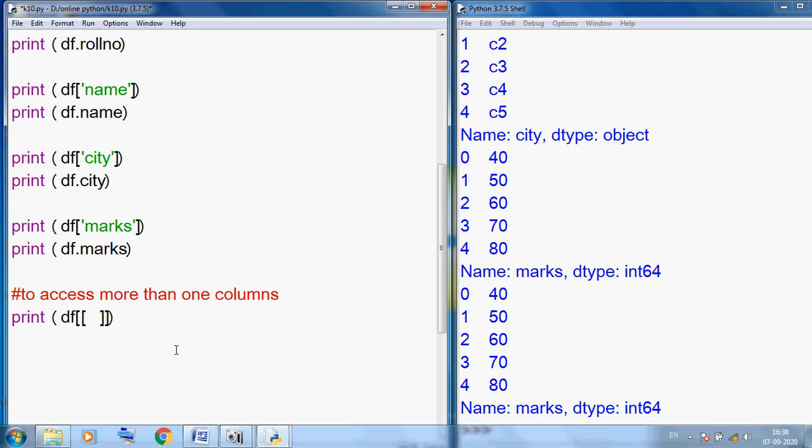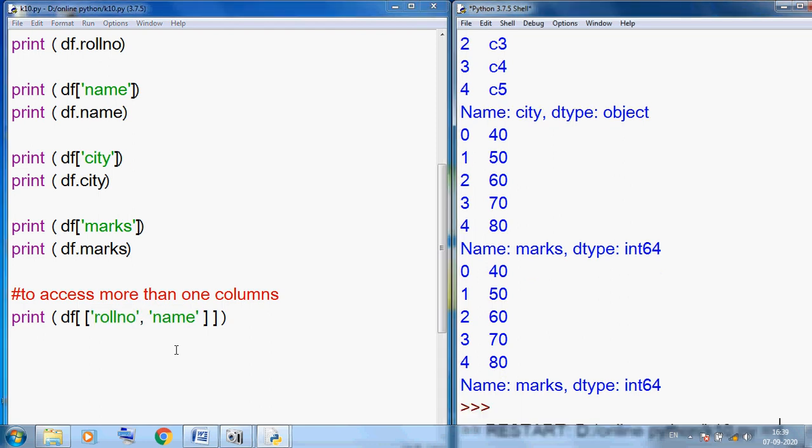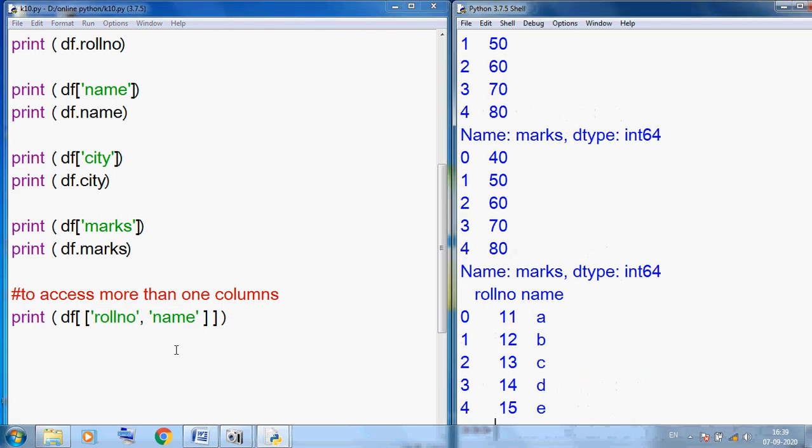So we can use square bracket inside square bracket. Suppose you want to see roll number, comma, you want to see name. So you keep in mind this thing, we use square bracket, because we have more than one, so we can use this again inside. So we can directly see both columns at a time. So you can see roll number and name.